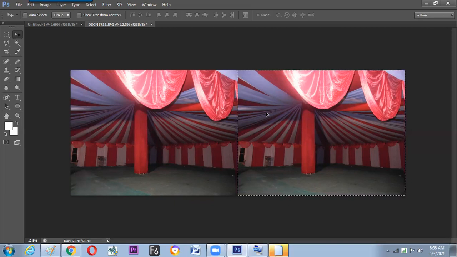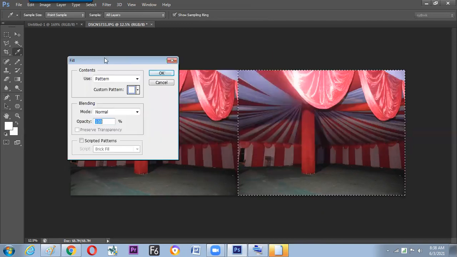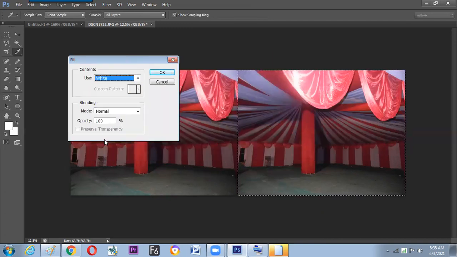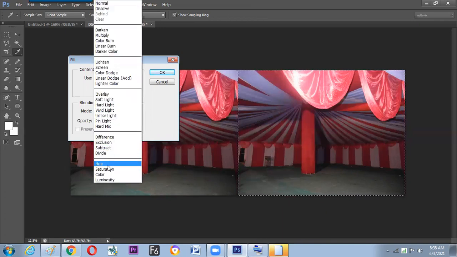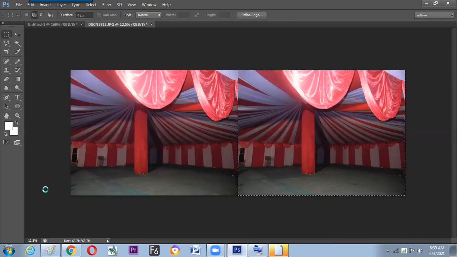How to make an image into black and white. We have learned while in the selection tool to go for fill, and inside the fill we can ask to fill the white color, but instead of normal we can use saturation and get it okay.